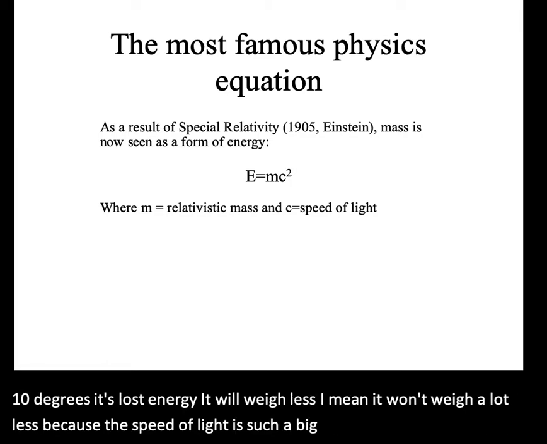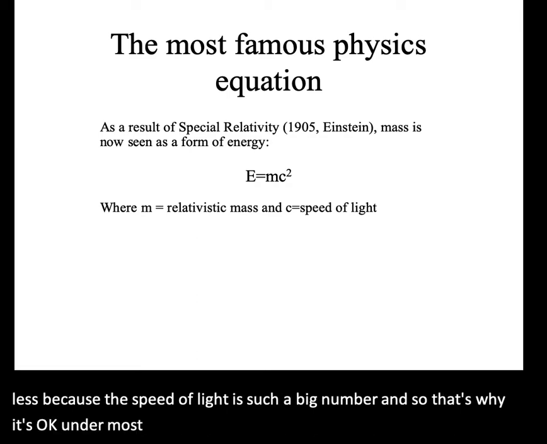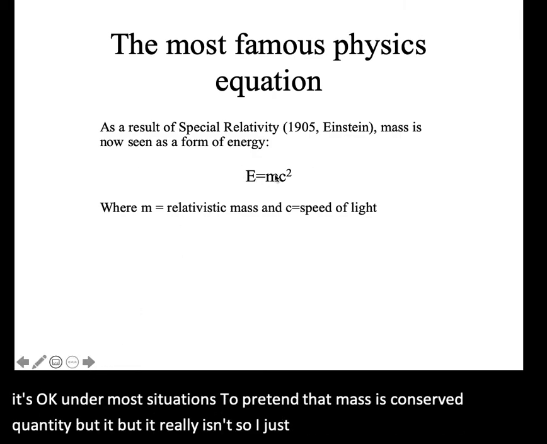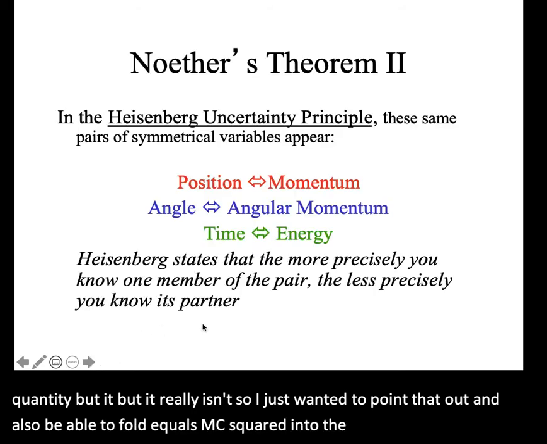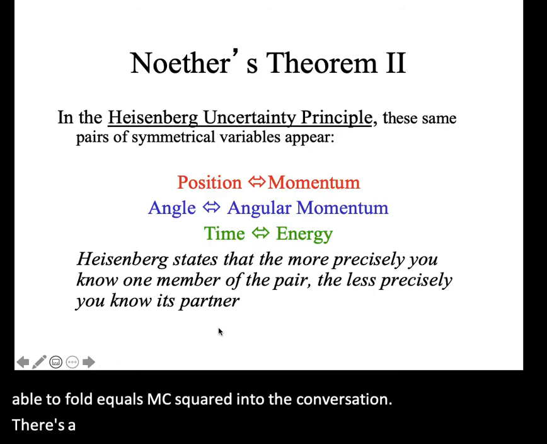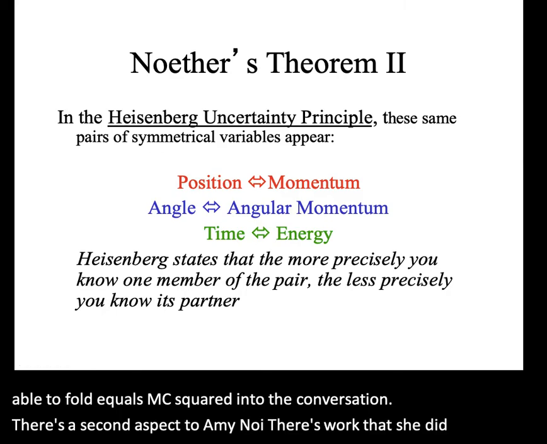And so that's why it's okay under most situations to pretend that mass is a conserved quantity, but it really isn't. So I just want to point that out and also be able to fold E equals mc squared into the conversation. There's a second aspect to Amy Noether's work that she did in explaining that conserved quantities come from